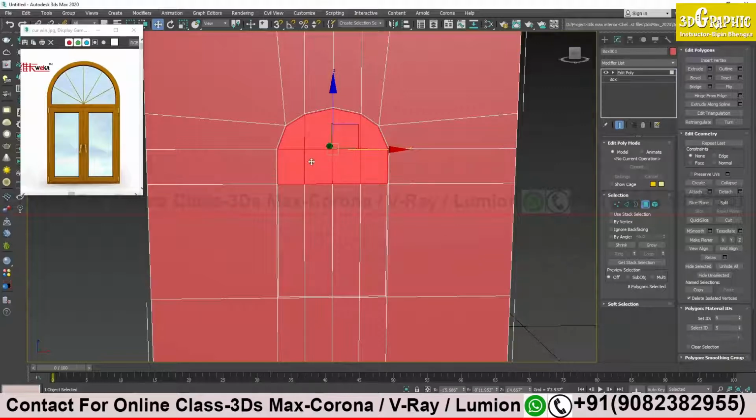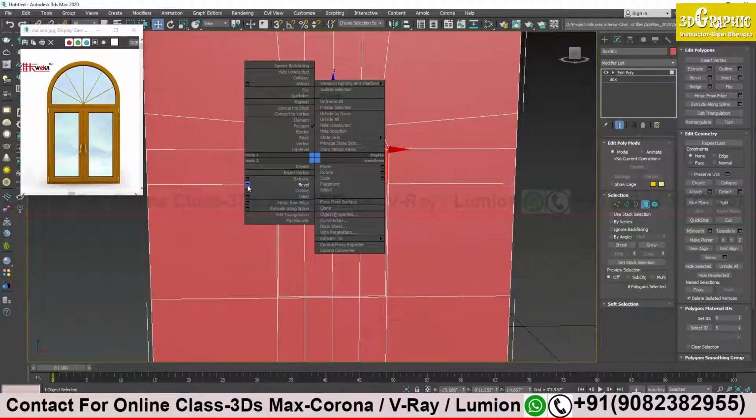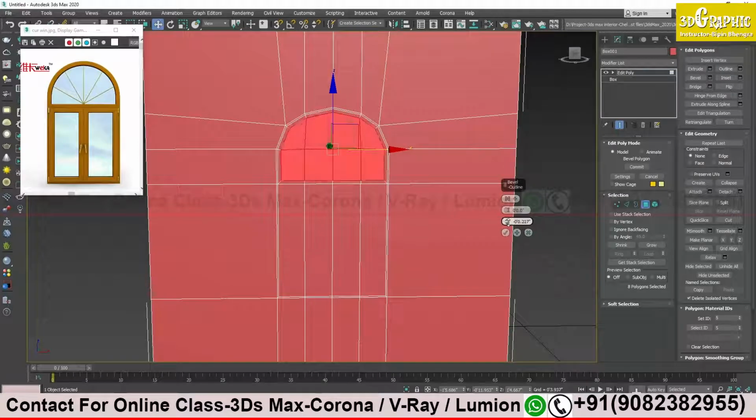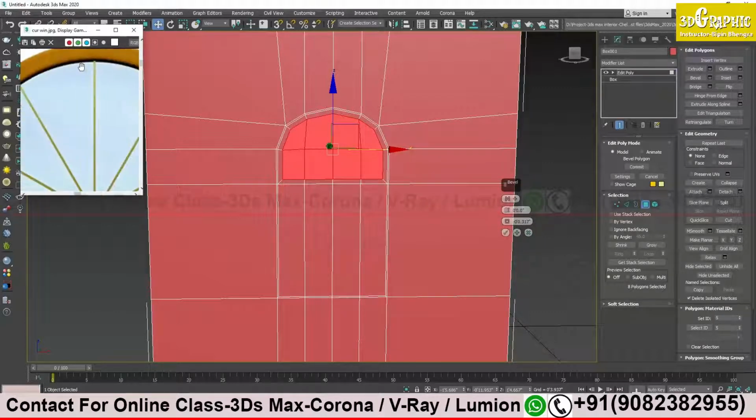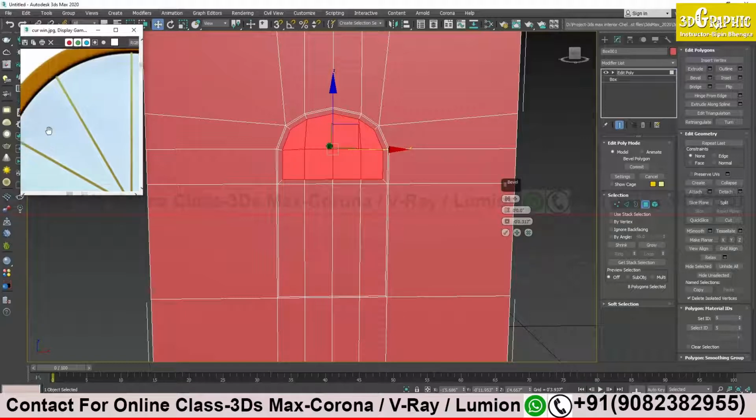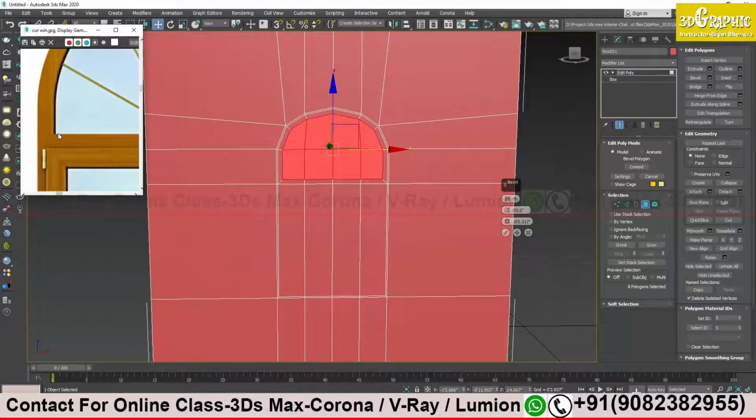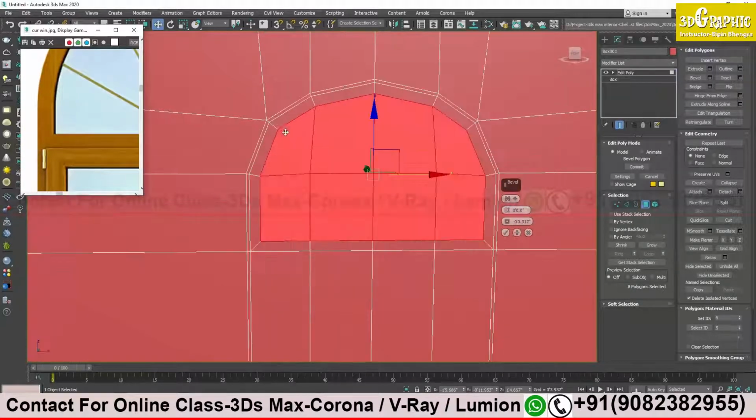Again I will go to bevel, right click and take bevel. Now I will drag it inside. Now I am getting this border. And you see there is a depth, you can see a shadow over here, that means this portion is going inside also. So I have created the border.